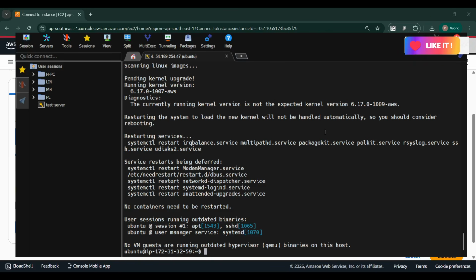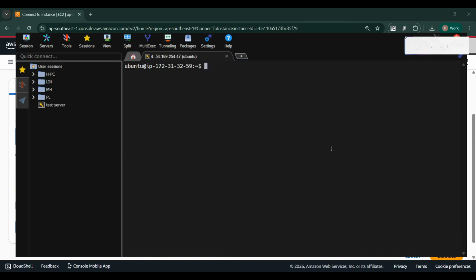Okay, this is upgraded successfully, and now we are going to install our web server. We will use Nginx to host our website. So first, let's install Nginx. Let's clear this screen first, and we need to install Nginx. Previously we have seen that we use Nginx. Now we need to install Nginx using